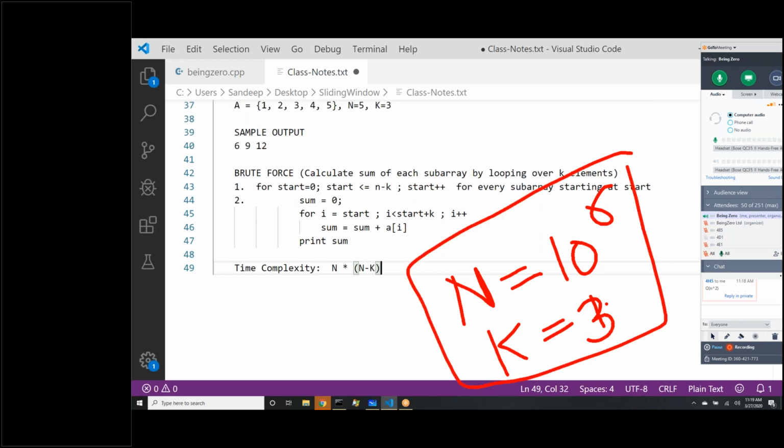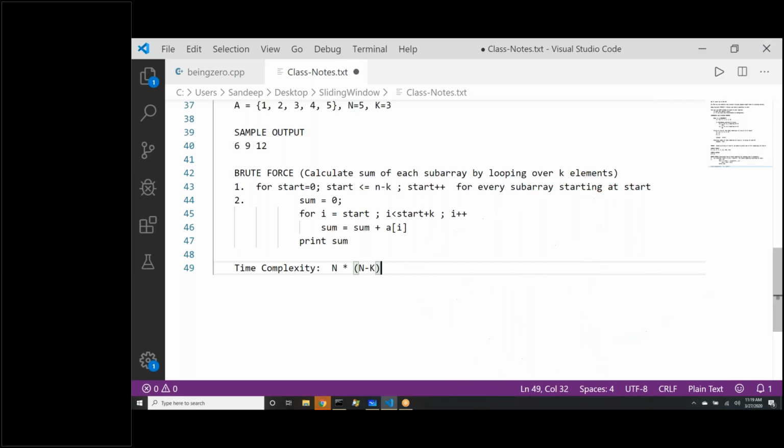If n is 10 to the power 6, k is 3, then how many operations will this algorithm require? If n is up to 10 to the power 6 and k can be anything up to, let's say, 100 also, or up to 1000. If these are the values of n and k, then our overall solution that we see, it will be taking